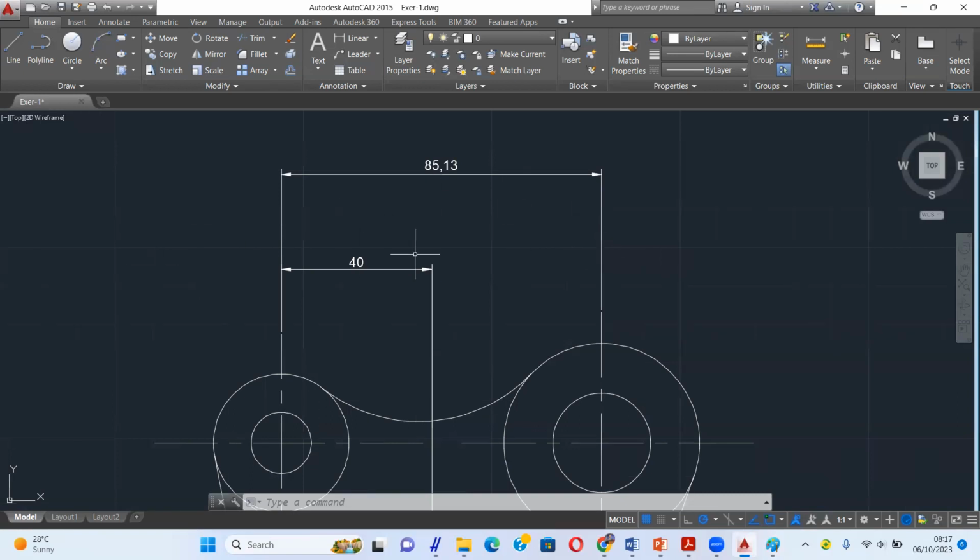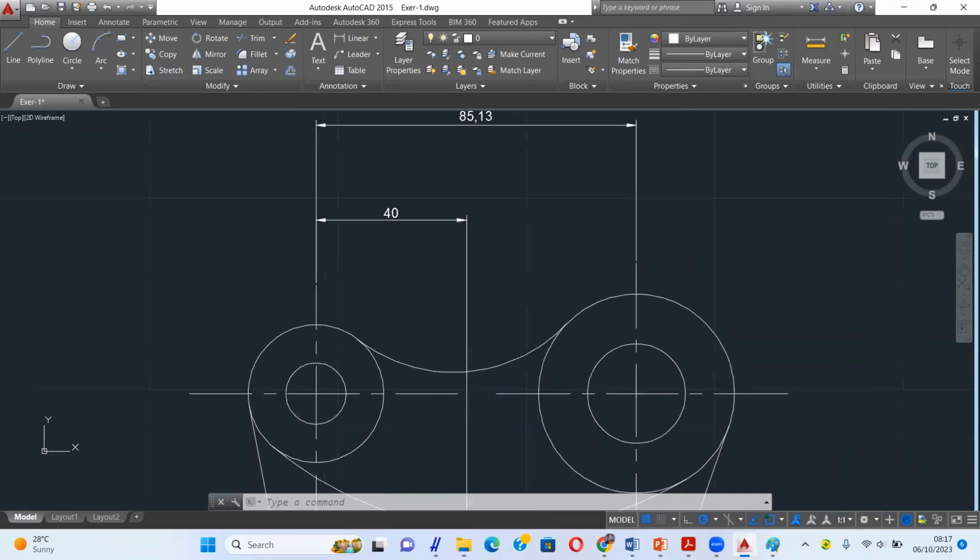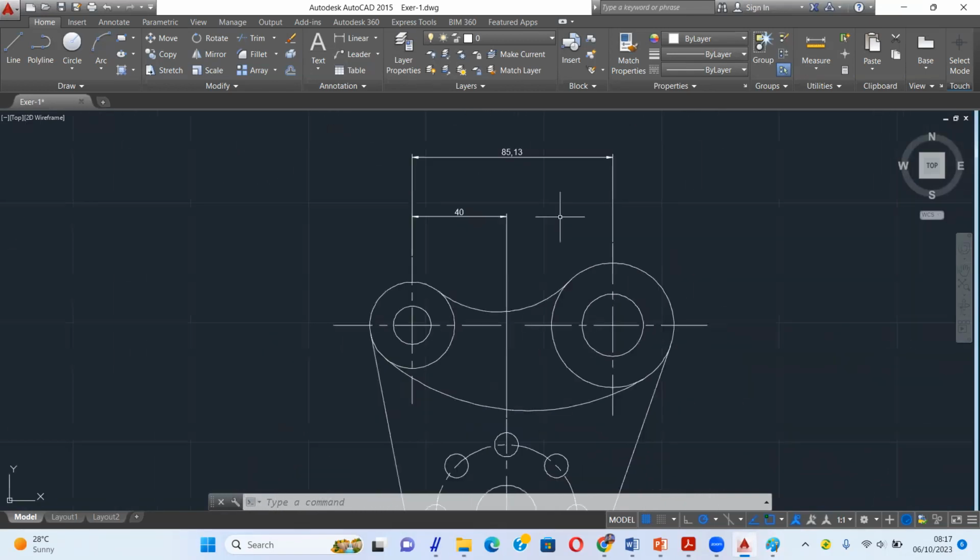So you can try to check the center line. Here, I will check the center line. At first, we can erase or delete this dimension first. We can check the line must be on the center.